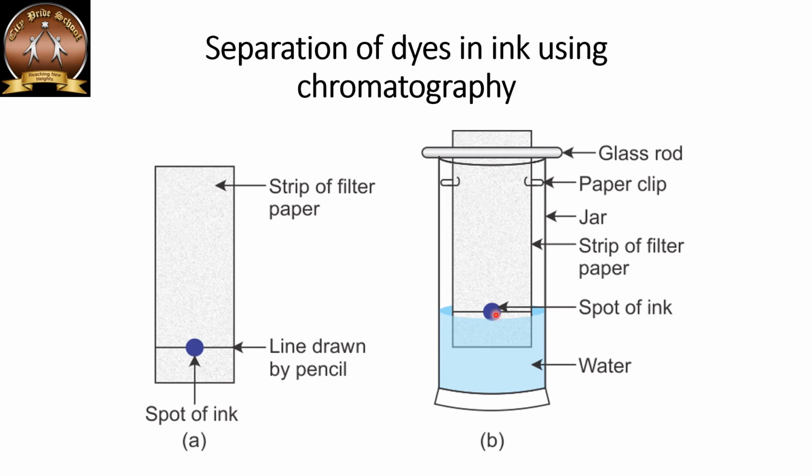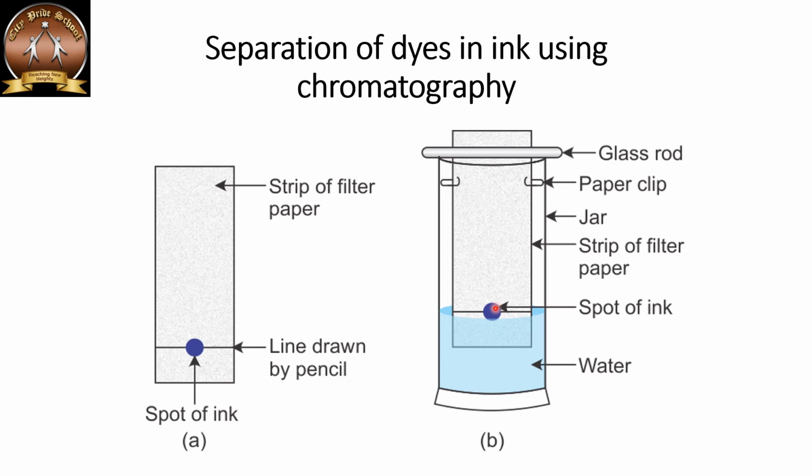Now we know that this mixture has components which are soluble in this solvent. Depending upon the solubility, it will be getting mixed with the incoming or the running or the mobile solvent which is running from bottom to top due to the capillary action,